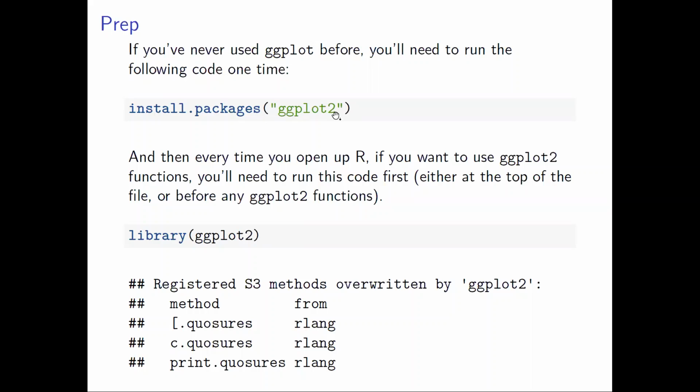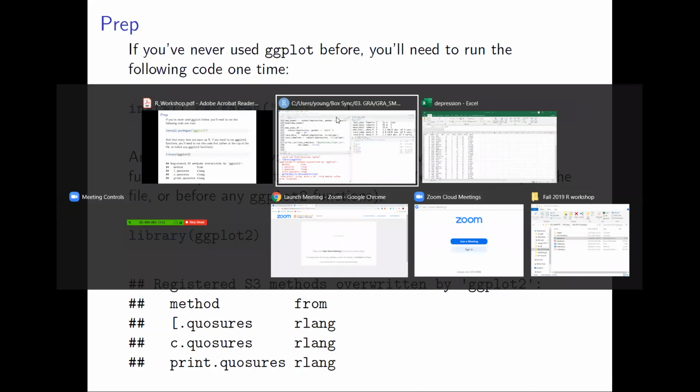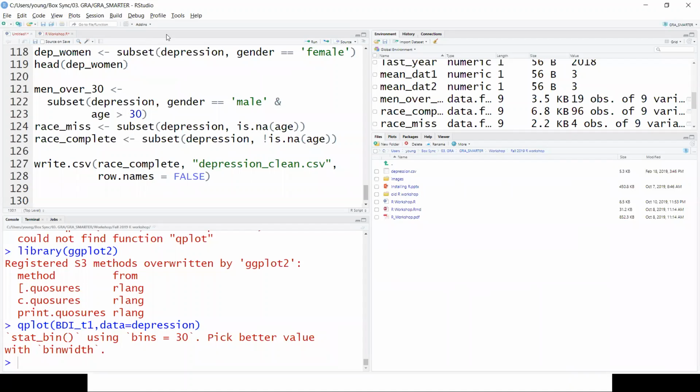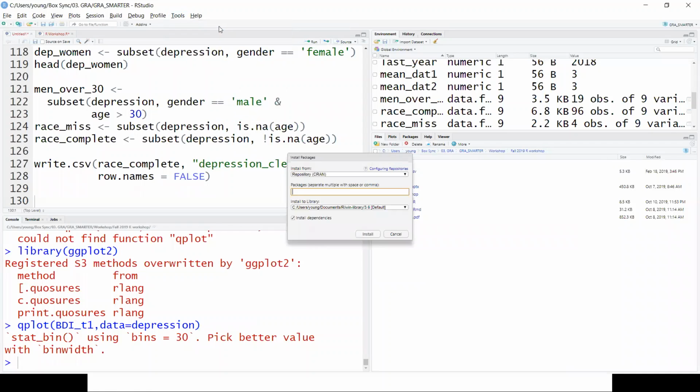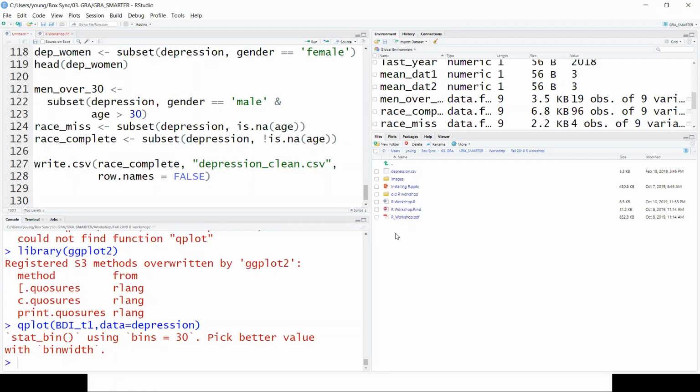There's also a point-and-click way: click Install Packages in the Tools menu. I'm not going to install it because it's already on this computer.